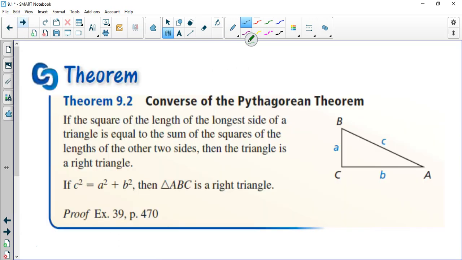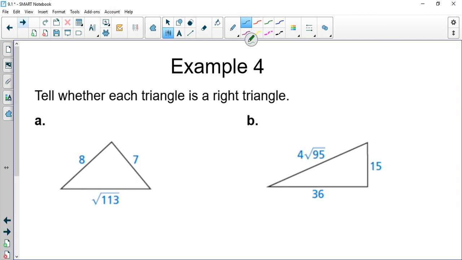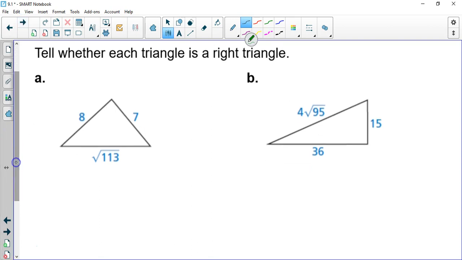Okay, the converse of the Pythagorean theorem. This is just going backwards. So if the square of the length of the longest side is equal to the sum of the squares of the other sides, we have a right triangle. So we can go backwards and prove that it is a right angle. If we're assuming that the right angle is here, that's what we're trying to prove, that makes this A, B, and C. So we plug that in